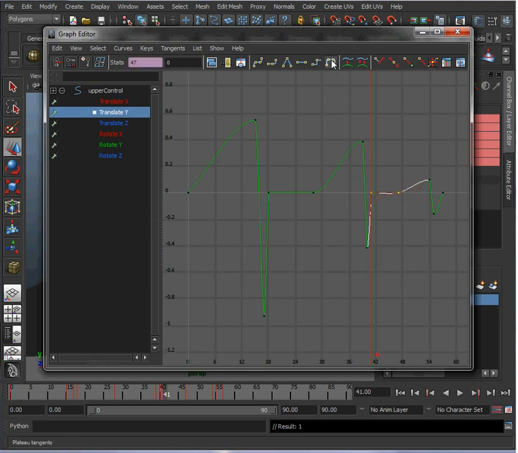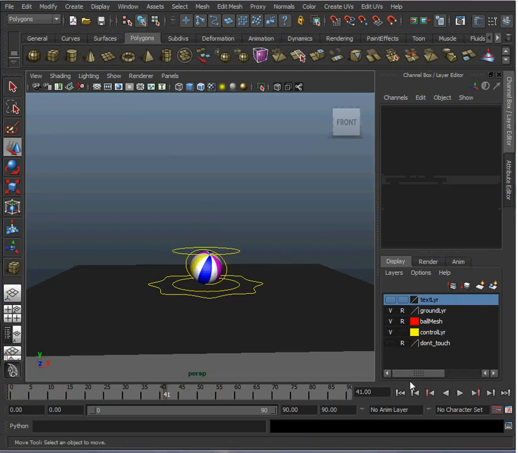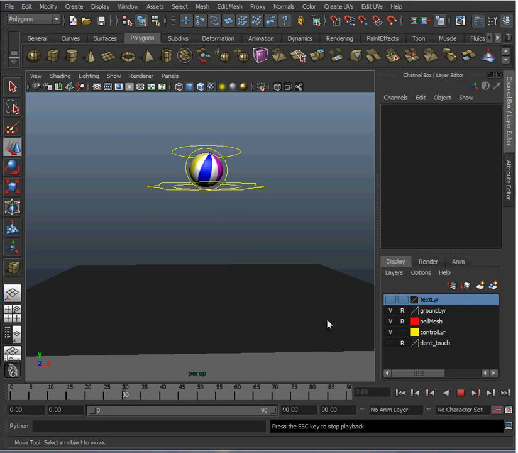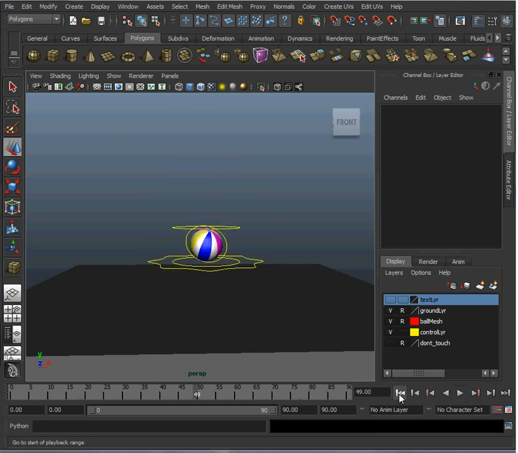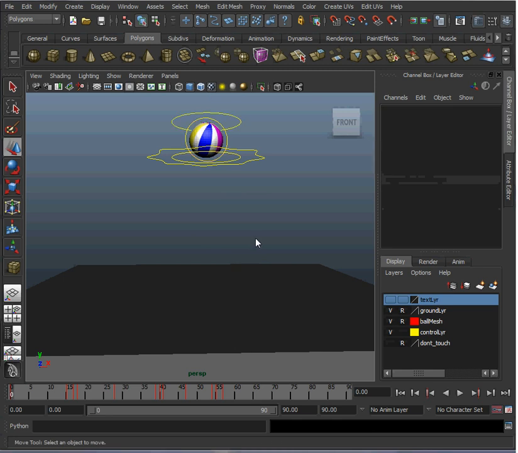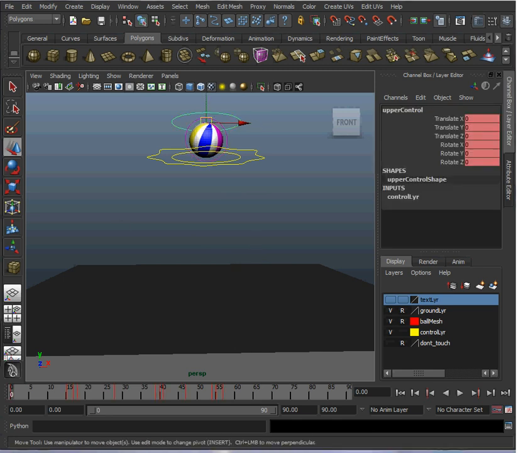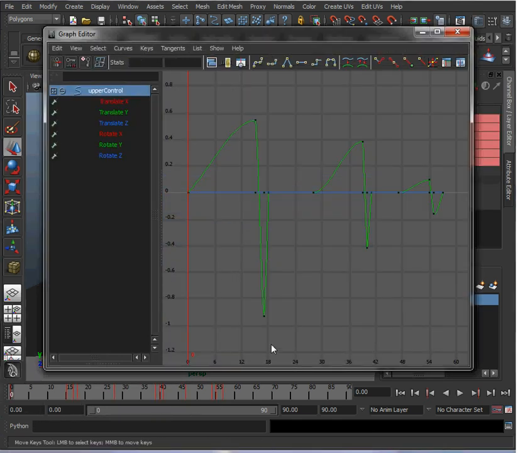Now let's take a look. That looks pretty good. I think it flattens out a bit too much, so what we can do is just make that value less in the graph editor. So this value down here, if you want to move the value without moving the time, use your middle mouse button to move it, hold shift, and it constrains it by going up. So I'm holding shift and I'm making that squash less, about half as much.